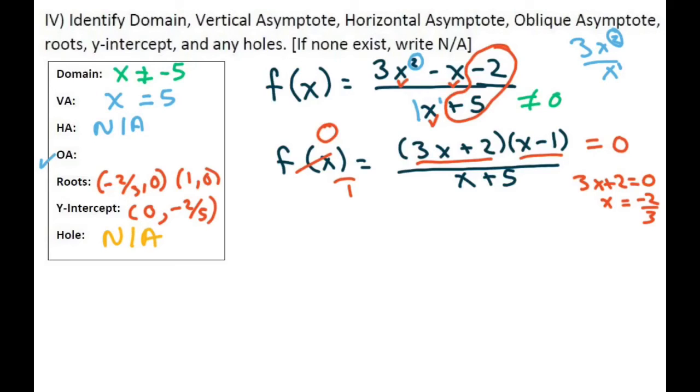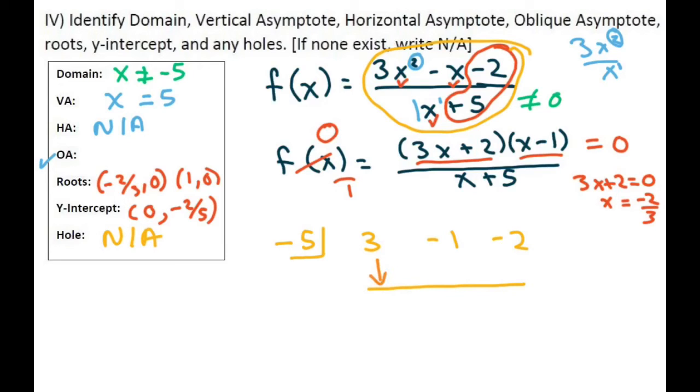And the oblique asymptote, the way you get that is you just divide the equation. And I'm going to go ahead and use synthetic division. I put a negative 5. I'm going to write 3, negative 1, negative 2. And then we're going to